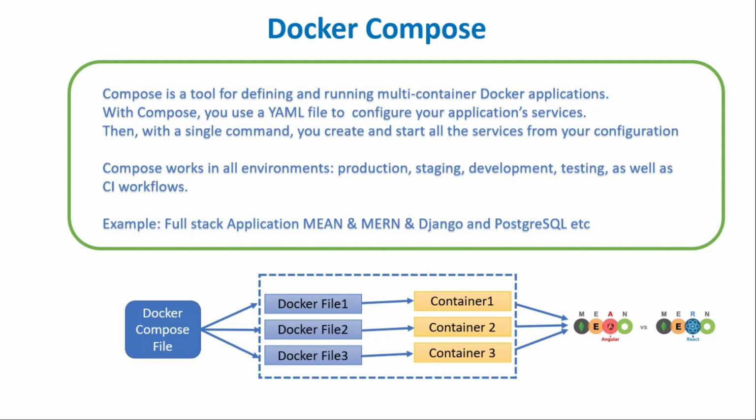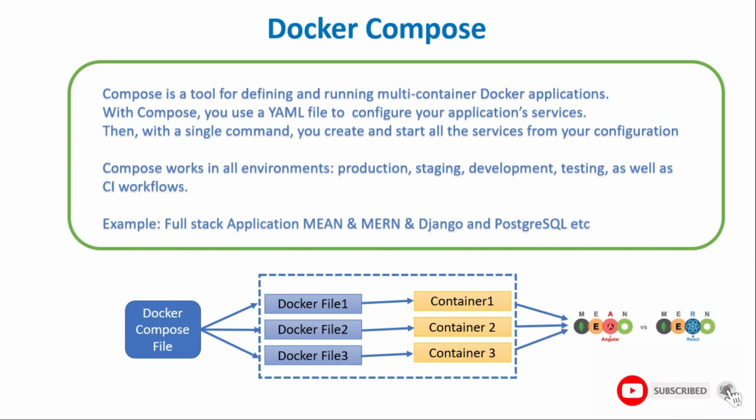And in the same way, if you want to create another environment, you will have to write some code in the Docker Compose file, and when you execute it, it will create four types of Docker containers. But this process is done behind the scenes. You can't see that. Once you run the Docker Compose command, it will run all this process in the background, and after that you will see that all the containers have been created, and you can access them. You can use it as your environment for production, staging and development, and you can also use it as a testing environment. So this is Docker Compose and the Docker Compose process architecture, which is very useful.